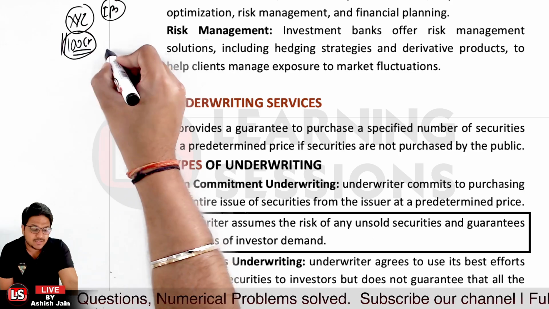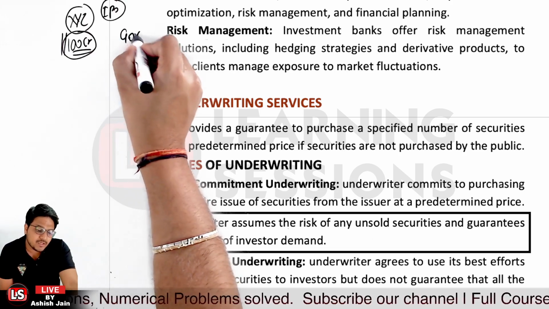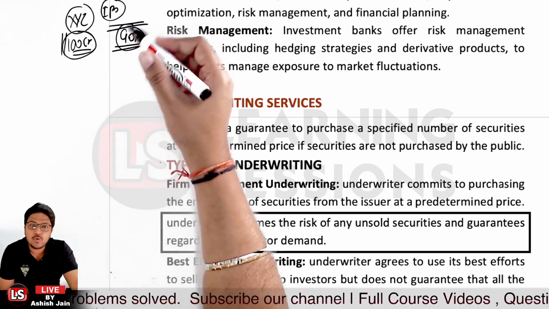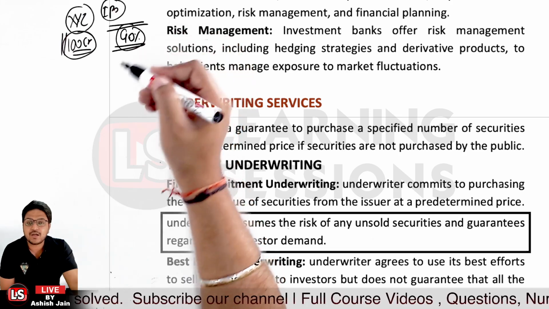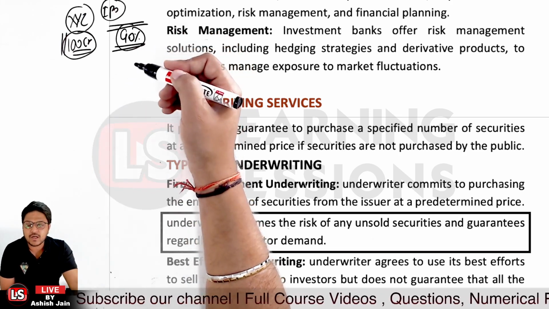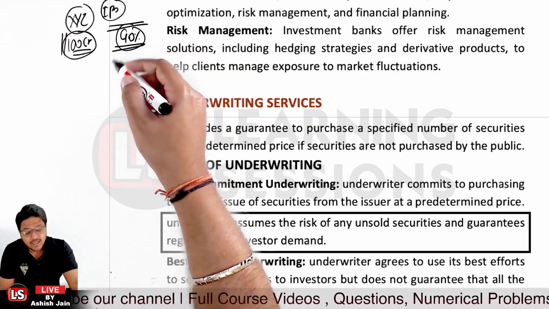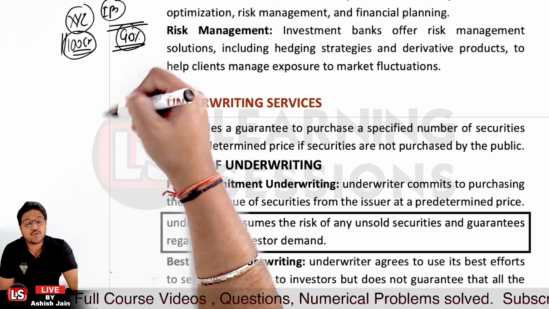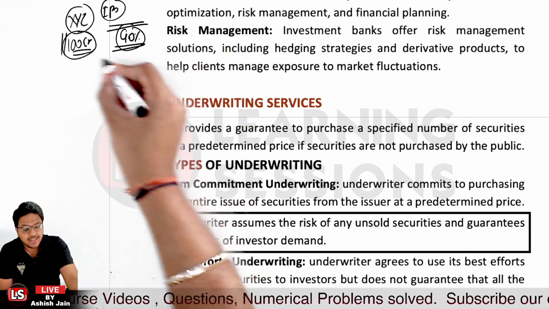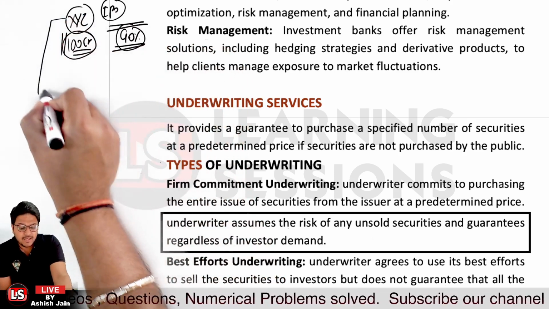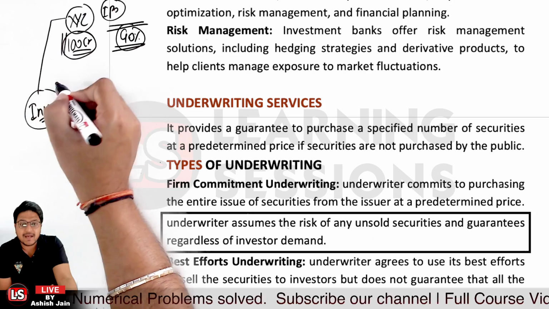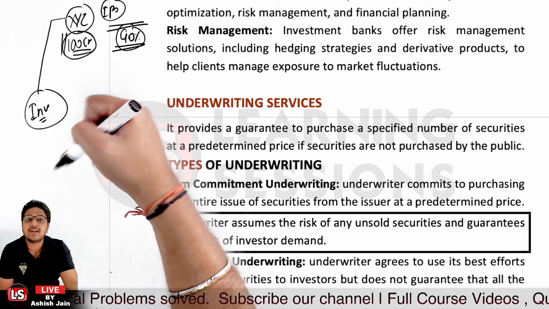Now, in that scenario, 90% of the shares at least must be subscribed in order to roll out this particular IPO. That is one of the conditions by SEBI, that 90% of the capital must be subscribed, otherwise you cannot roll out your IPO. In that scenario, XYZ goes to the investment bank or some merchant bank, and asks them to come under an underwriting agreement.